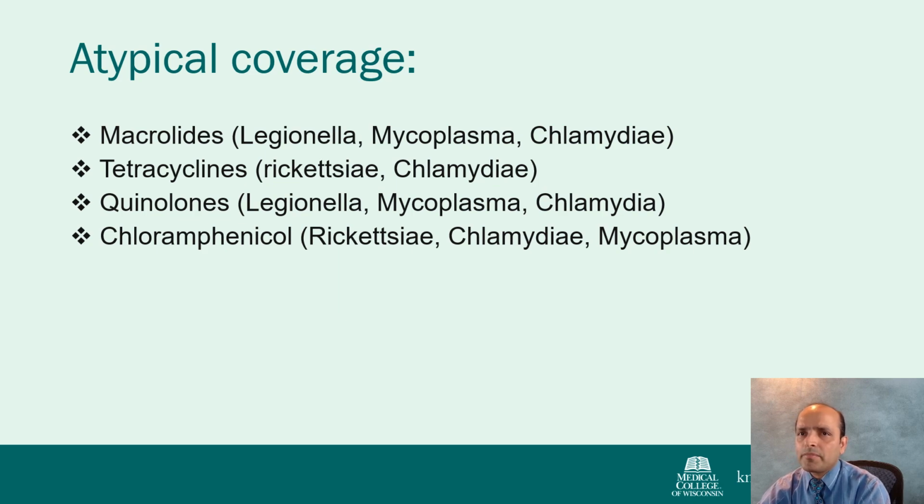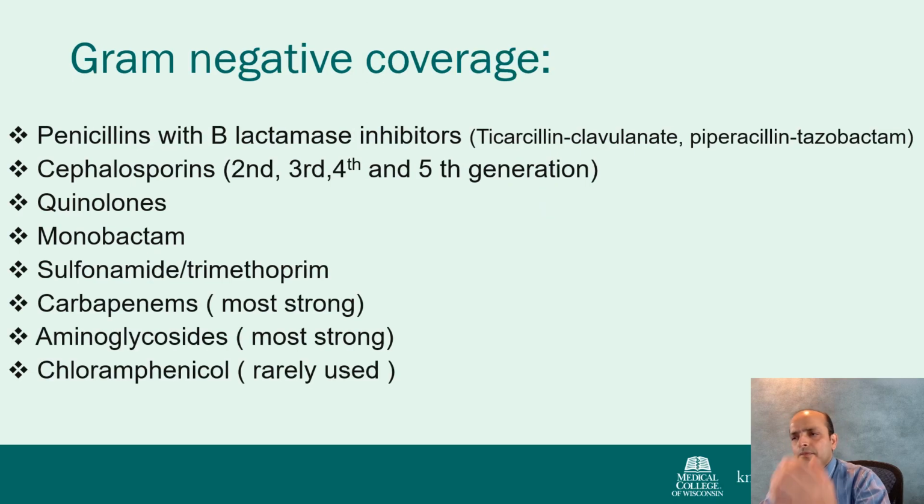Then talk about atypicals. You have to give something that works as a protein synthesis inhibitor. So these are the antibiotics that you can look at. And then gram-negative coverage: we're talking about penicillin with beta-lactamase inhibitor, also cephalosporins, anything beyond second generation cephalosporin is going to cover gram-negative. The higher the generation, the more robust the gram-negative coverage you get with cephalosporin. Quinolones, monobactam, Bactrim, carbapenem also cover, and remember, aminoglycoside has the strongest gram-negative coverage, but it is